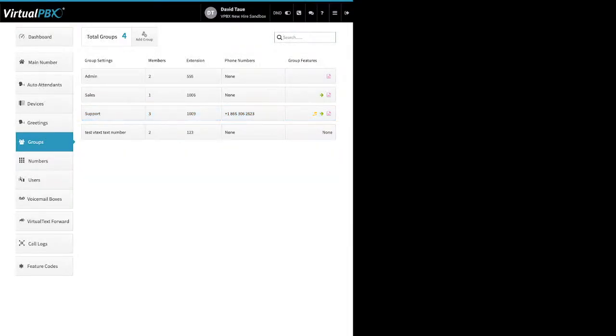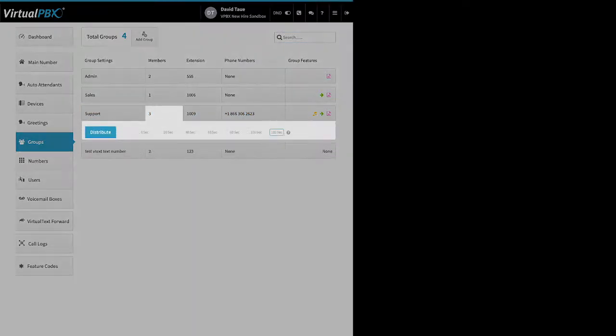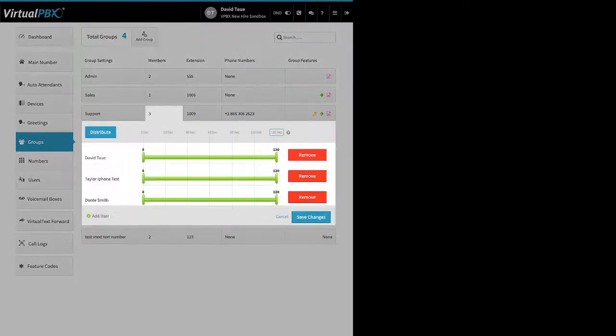To the right, we have the members box, right? So I have 3 people in this group, and this is how I'm offering calls to them, right? This is referred to as blast ringing or ring all, meaning call comes in, it rings all 3 of my staff members at the same time for the same amount of time, right? So whoever picks up first gets the call. Now, one little caveat here in this kind of setup,